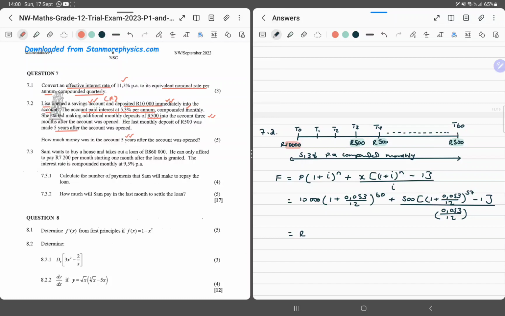So this is going to be 10,000 into 1 plus 0.053 over 12 into the exponent 60. Actually, what am I doing? This is 10,000, I messed up now. Plus 0.053 over 12 to the exponent 60. Then to that we're adding this one: 35 into 1 plus 0.053 over 12, that raised to the exponent 57 minus